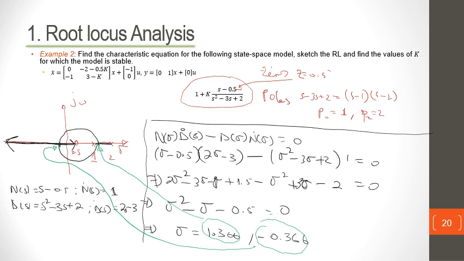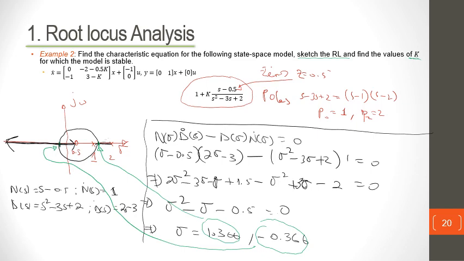So we have a sketch of the root locus. Now we have just sketched the root locus. We need to find the values of k for which the model is stable. As you can see from what's happening here, as the value of k increases, the roots begin unstable,